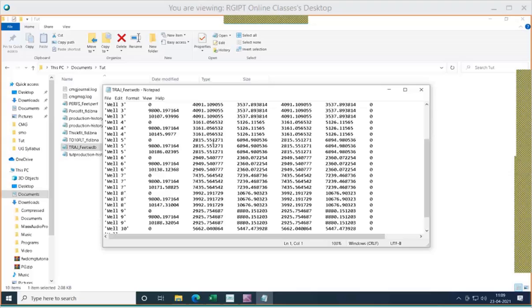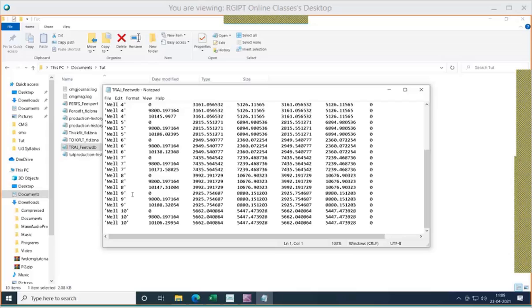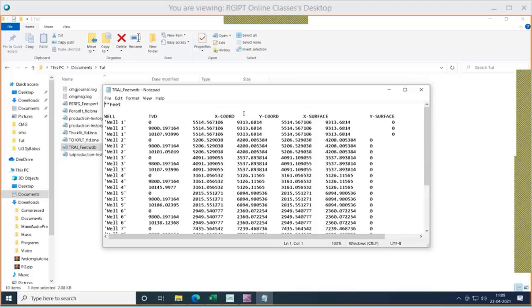We can see wells 1, 2, 3, 4, 5, 6, 7, 8, 9, and 10. Total 10 well trajectories are there in this file, that means the coordinates of the trajectories of those wells. We can directly incorporate these well trajectories into our model.